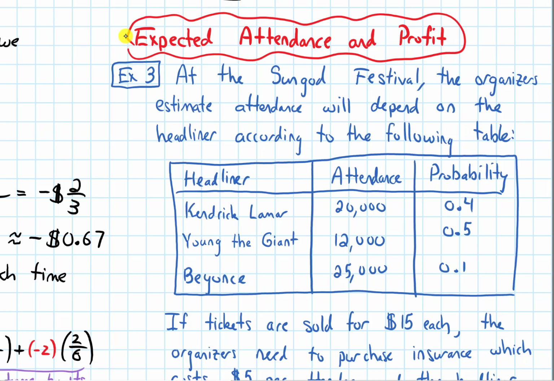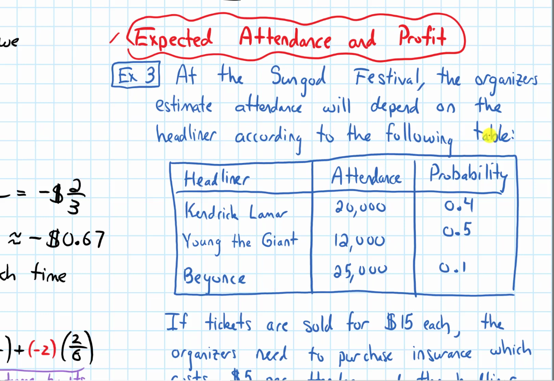In this video, we are going to do an example where we find the expected number of people attending a music festival, as well as the expected profit from that event. So the example says, at the Sun God Festival, the organizers estimate attendance will depend on the headliner according to